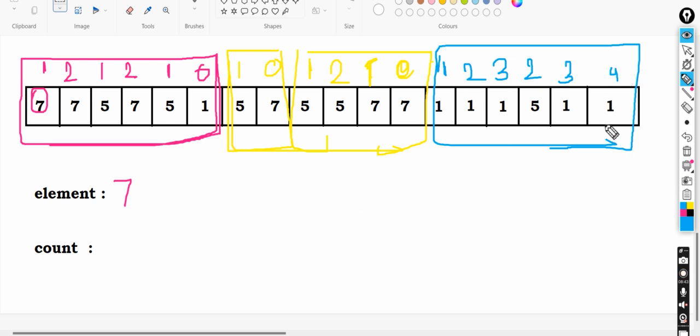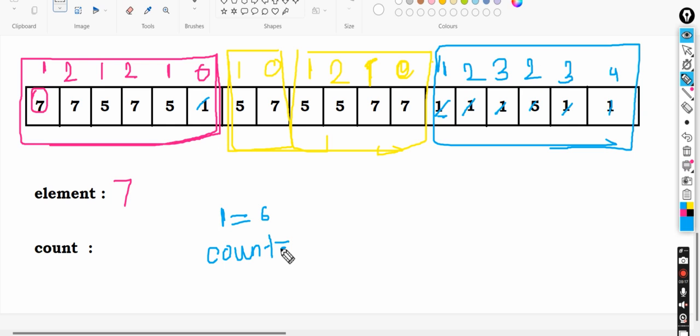So what element it became 4 at first element, so we'll return 1, but let's count the number of ones. It is 1, 2, 3, 4, 5, sorry, 5 and 6. So count of 1 is equal to 6, but the number of elements are 1, 2, 3, 4, 5, 6, 7, 8, 9, 10, 11, 12, 13, 14, 15, 16, 17, 18. So count of all the elements is 18.